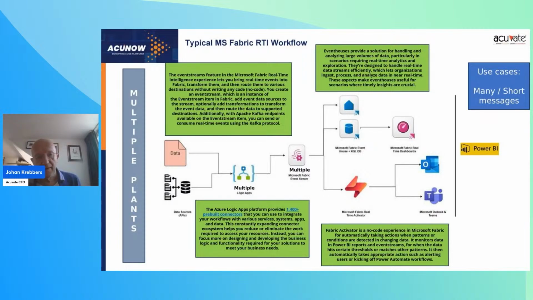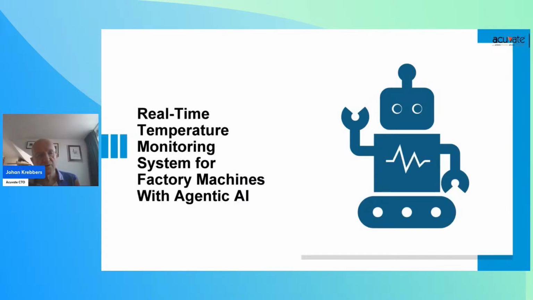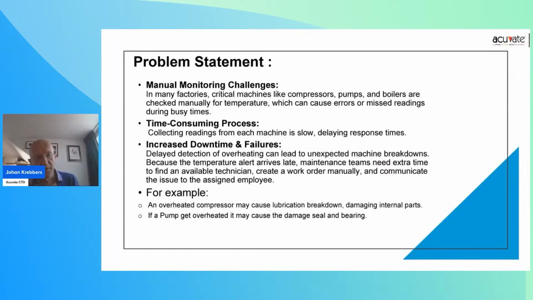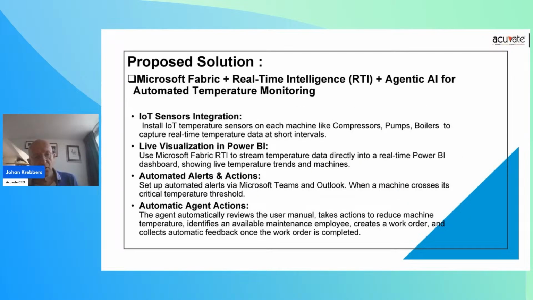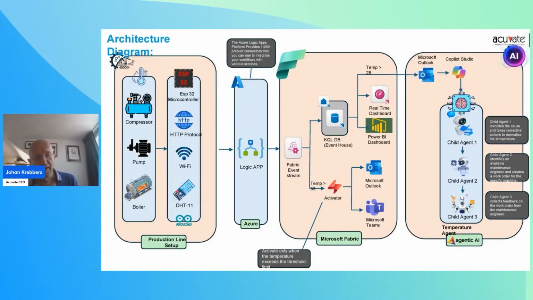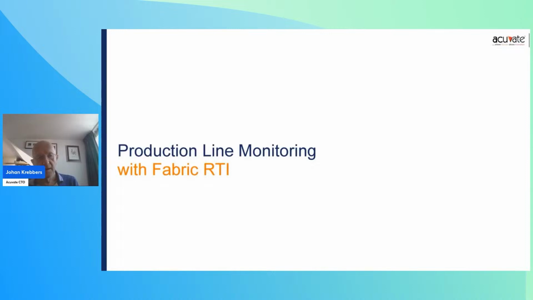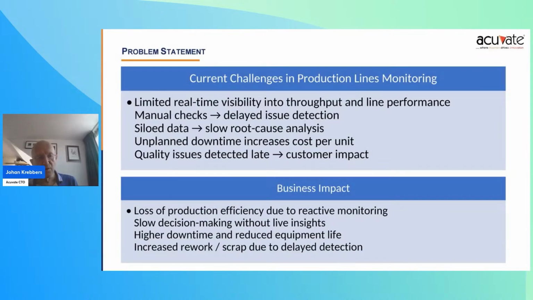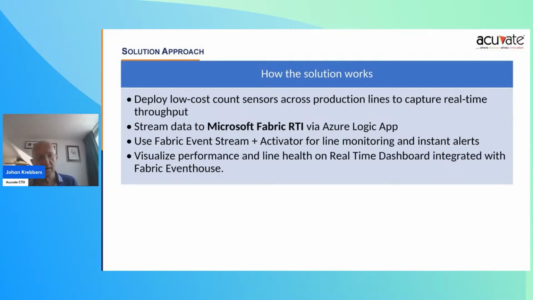And in this deck, we've included a number of solutions. This one is about monitoring real-time temperature in your manufacturing sites. We're talking about air quality monitoring, etc. You always find a combination of RTI components on the left, and on the right you find your Agentic AI components. I won't go into more detail. Just look at this slide back later in your own time, to make sure I make the timelines.